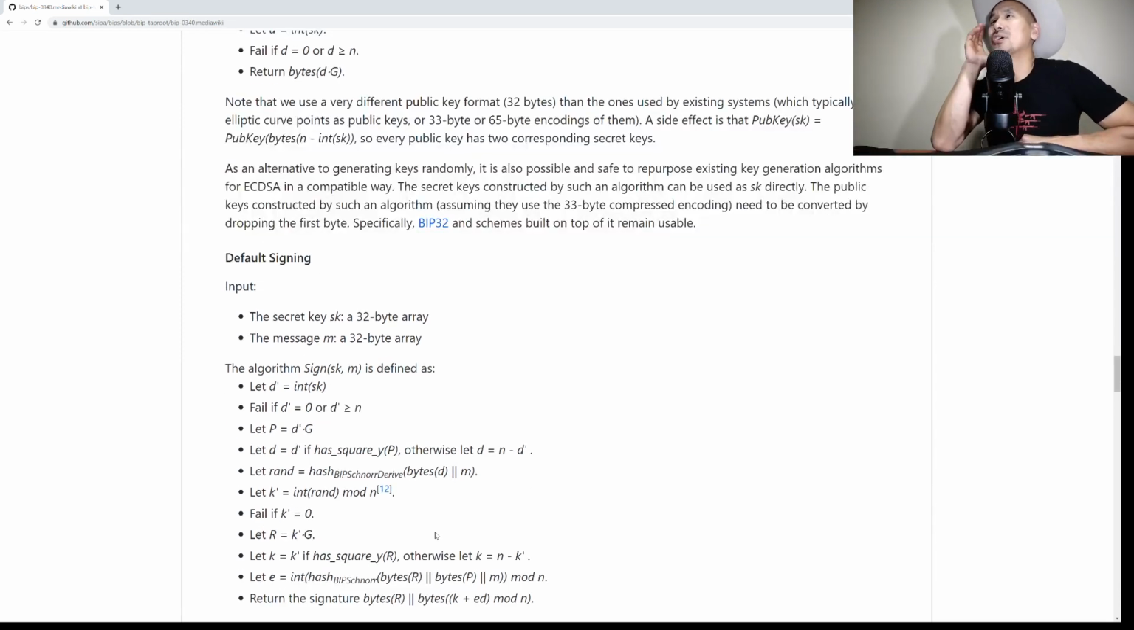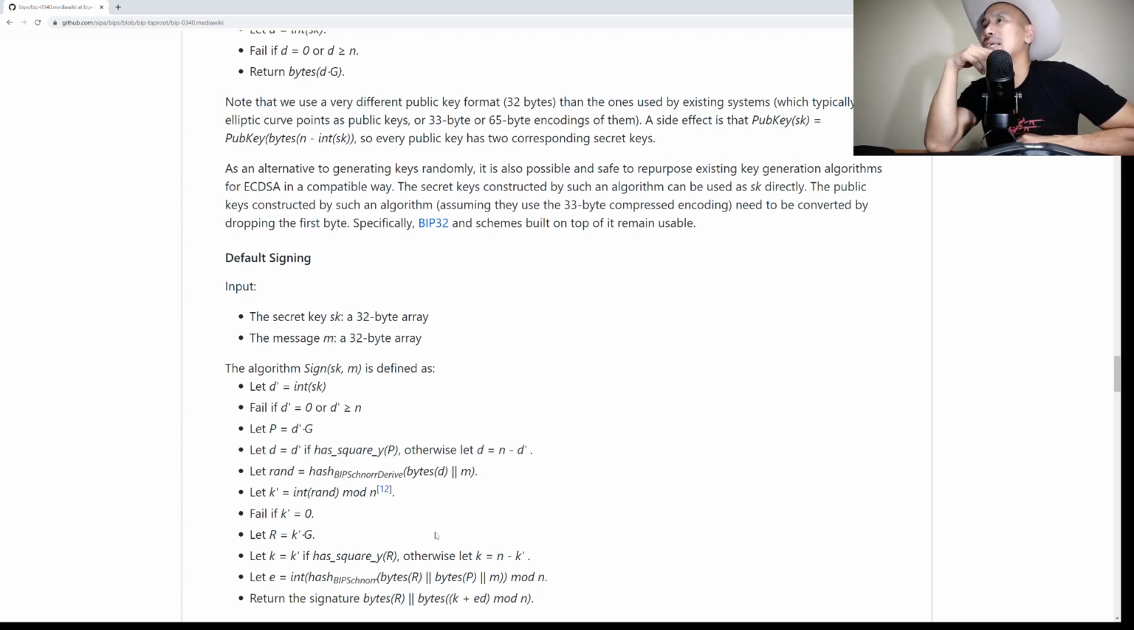All right. Default signing. Input: the secret key sk, a 32-byte array, and the message m, a 32-byte array. The algorithm Sign(sk, m) is defined as: let d' equal int(sk), right? Interpret that as a big endian integer. Fail if d' equals 0 or d' is greater than or equal to n. That just doesn't happen. Let P equal d' times G. Yep, that's the public point for